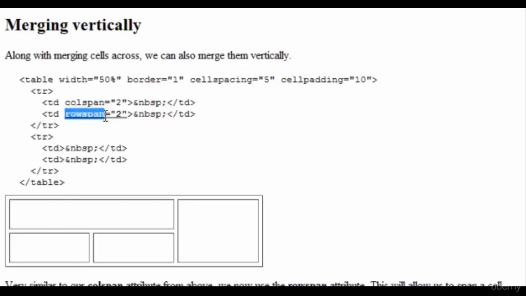Next, we have our table data cell that has a row span of 2, which means it's going to take up this row, and it's always going to try to take up the one below it. It will never try to take the row above it, it always goes downwards. So now that we have that here, which is this one with the row span of 2, in our next row, which is right across here, we no longer count it in there. So our next row only has 2 cells.